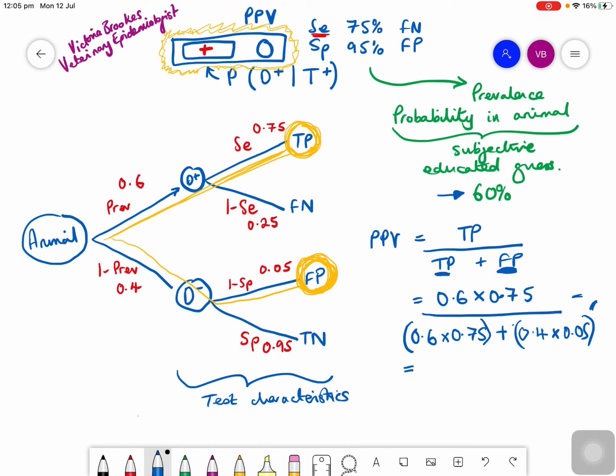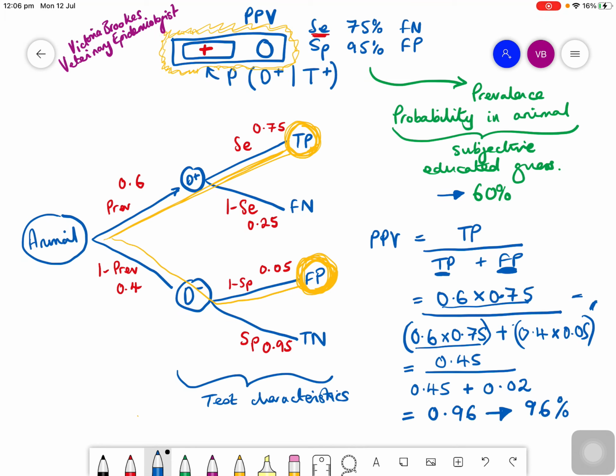So 0.6 times 0.75 equals 0.45 on the top row there. And again, 0.45 underneath here, because this is the same as that. So 0.45 plus, let's do 0.4 times 0.05 equals 0.02. So let's calculate those all together. So 0.45 divided by 0.47 equals 0.96, and we can say that that is